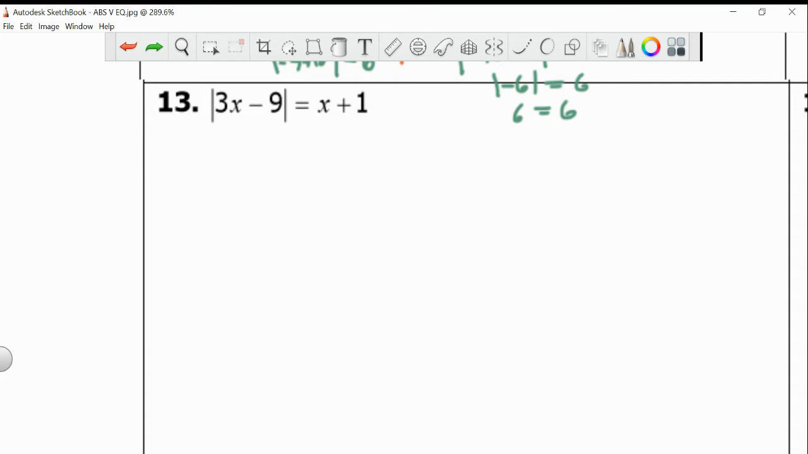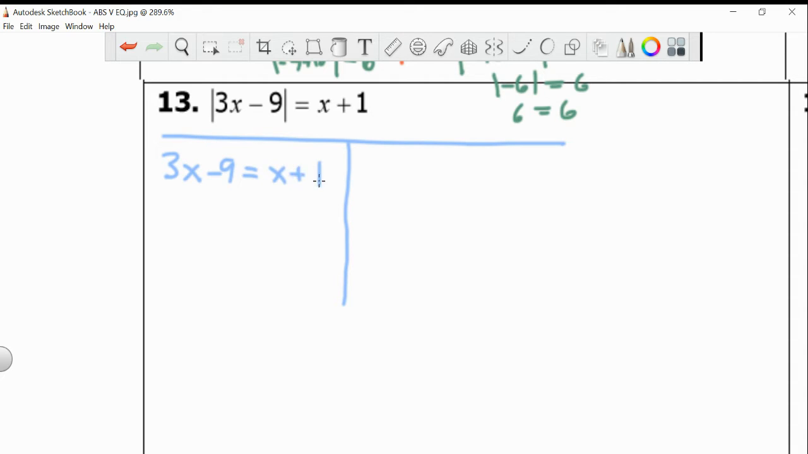So that being said, we're going to solve it the exact same way. Isolate the absolute value. It's already isolated. Go ahead and split it up. 3x minus 9 equals x plus 1. Okay, this side is basically the same thing without the absolute value bars. And then this side over here is a little bit tough too, because we've got 3x minus 9, that's the inside, is equal to,